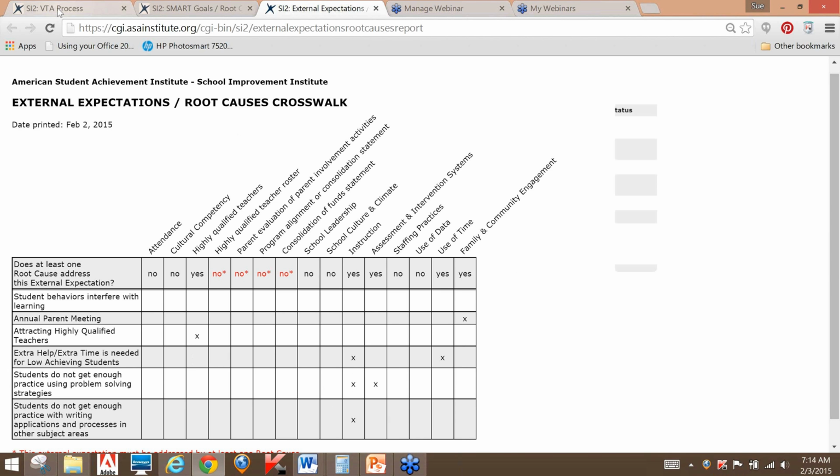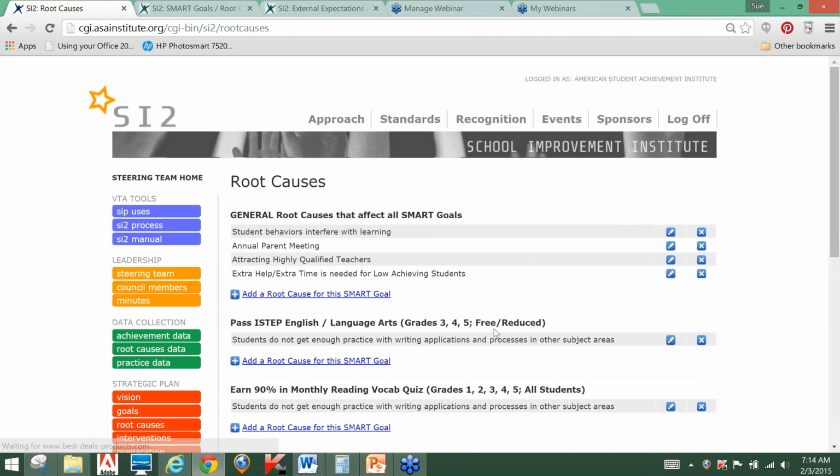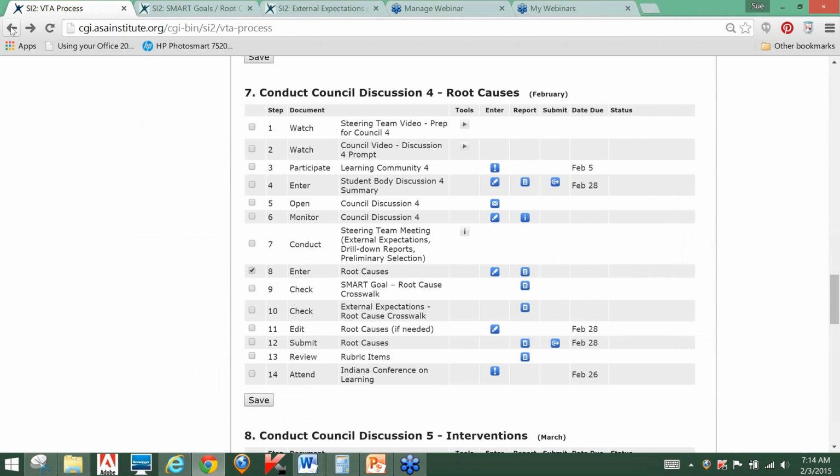Okay, after you've checked those two crosswalks, if we need to, we can edit the root causes you entered. I would just click on that, your root causes will pop up, and you can edit as you need to make sure you've got exactly what you want. When you're happy with everything, we would also always review the rubric items and then submit the root causes.